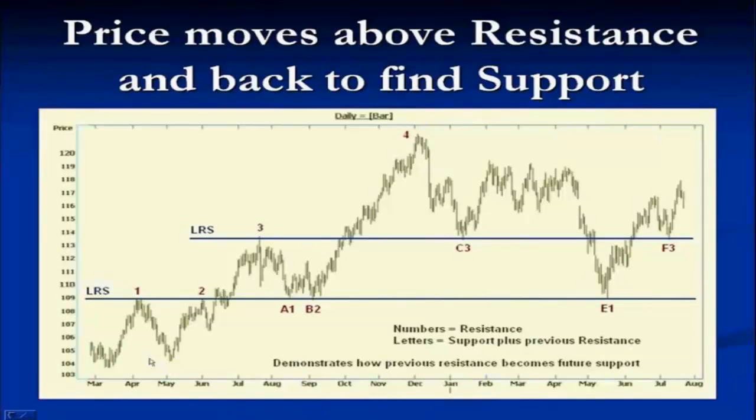It goes back looking for support. We can see some support in this area. And it tries again, and it pulls back. Finally, it's able to break through, but this is what they call consolidation. The price is not quite sure, but it's not breaking away from this line in a dramatic fashion. So this leads us to believe that this consolidation is in fact going to allow the stock to continue its